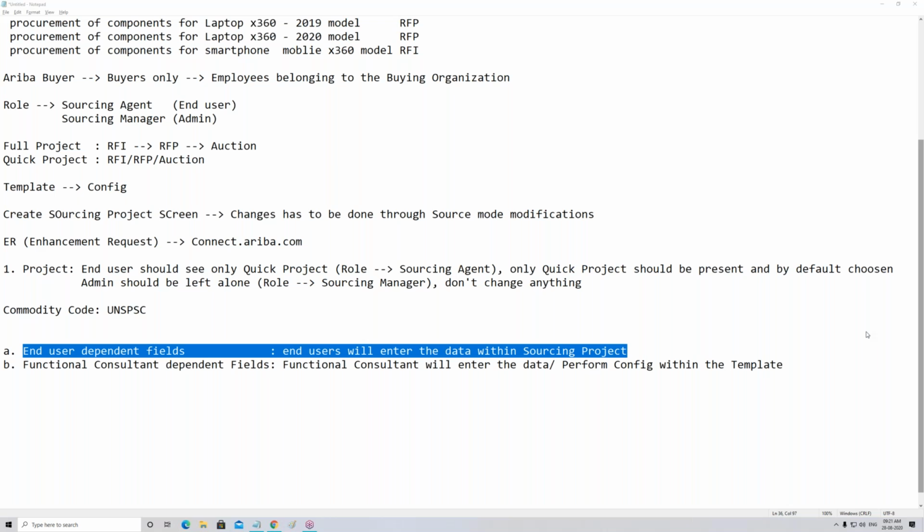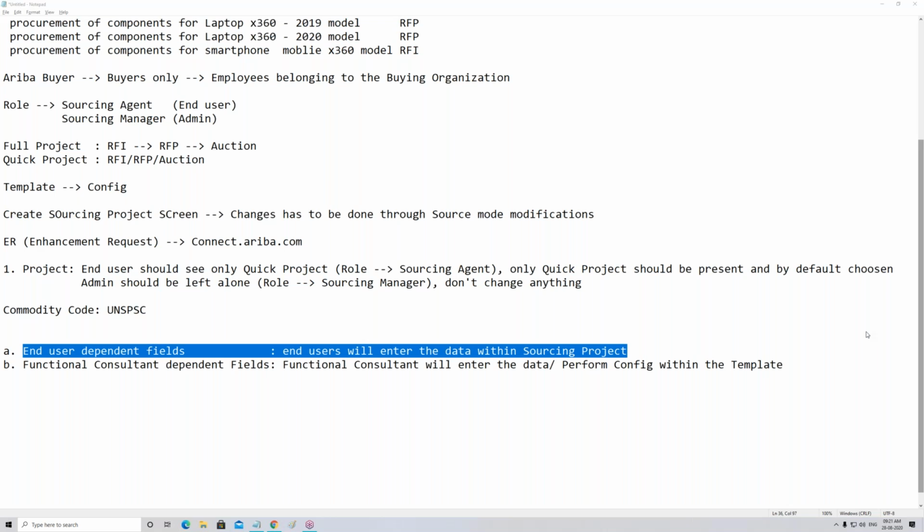Yes, another option which you mentioned is also correct. You can also do three quick projects. First is RFI. Next, another quick project, which is of type RFP. But remember, in this case these are two separate sourcing projects. You can link the quick project of RFI type with the quick project of RFP type through the concept of predecessor project.